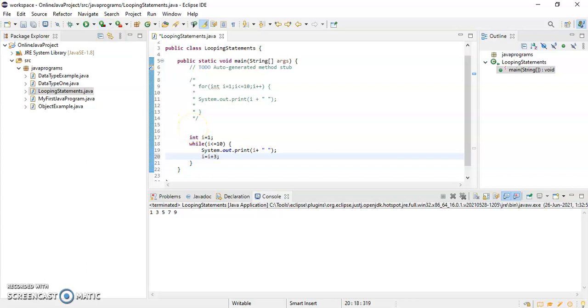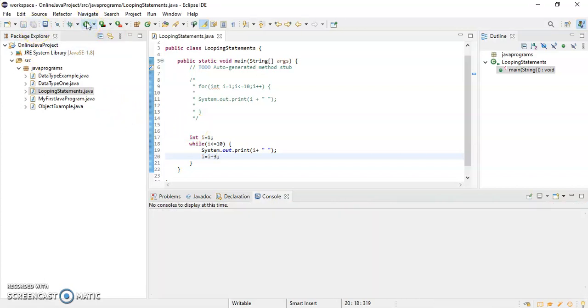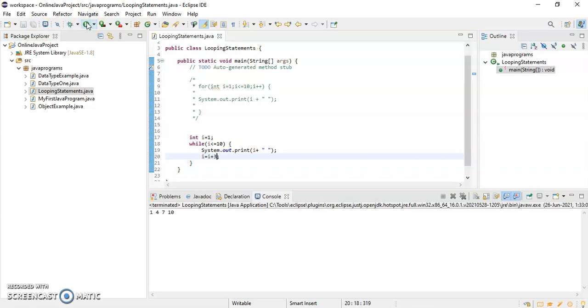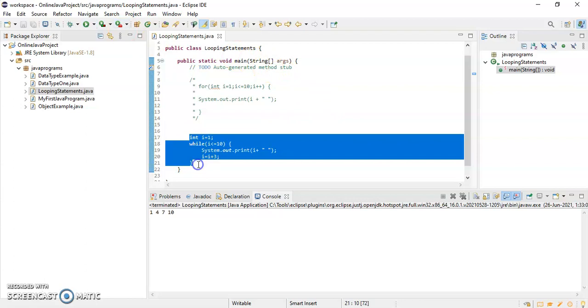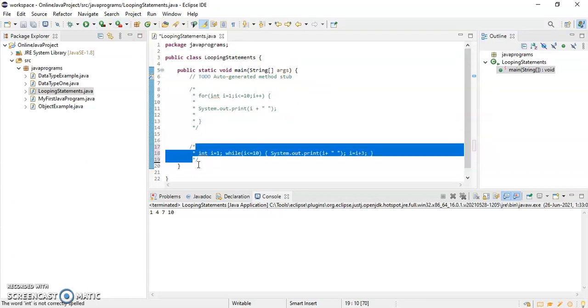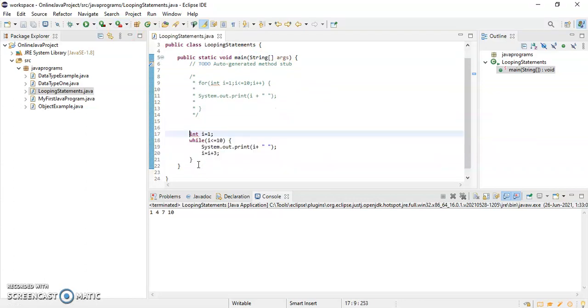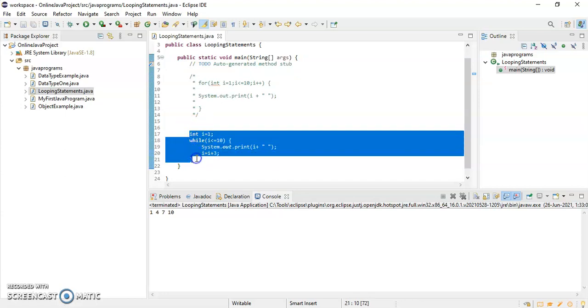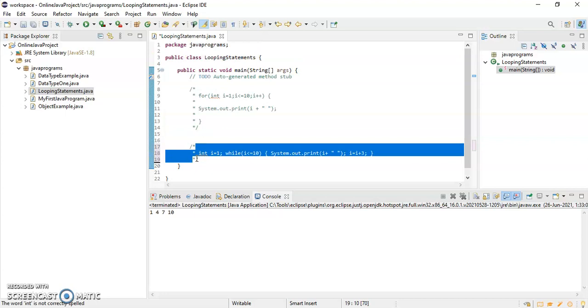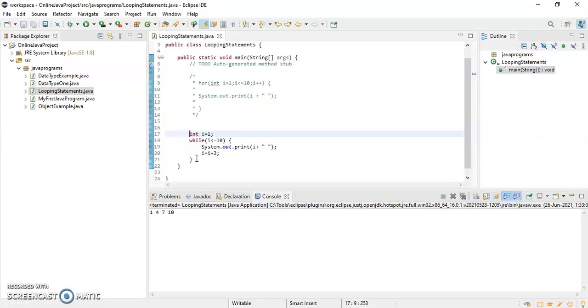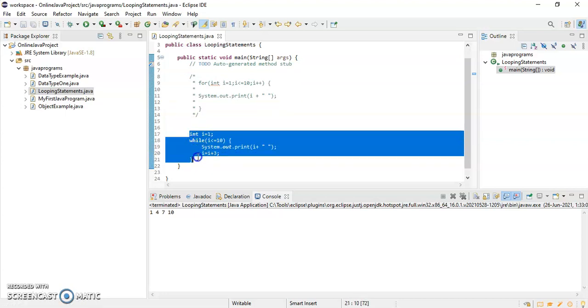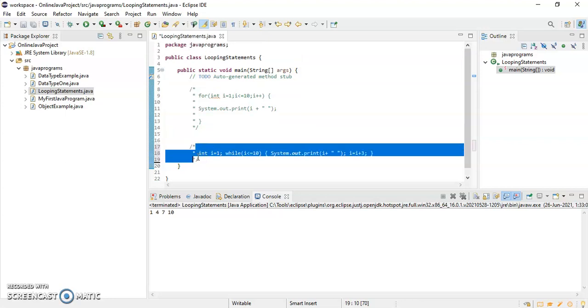If I increase the value of i by 3, then the output will be 1 4 7 10, like that, right? So this is something called your while loop. So let me comment this.